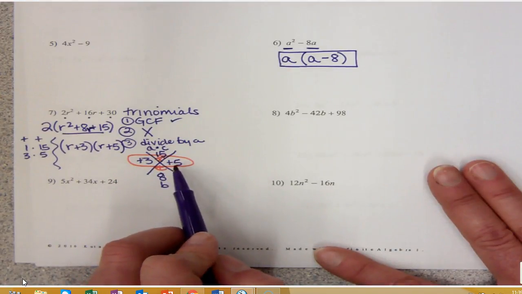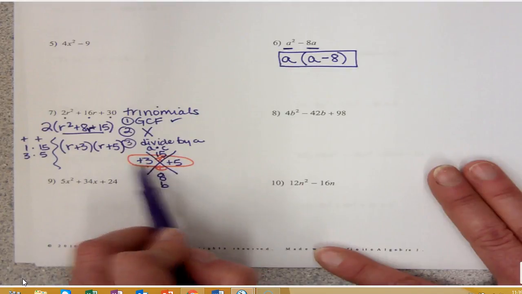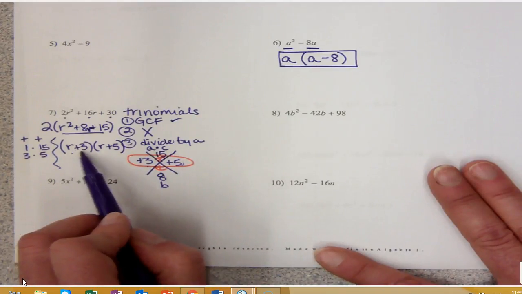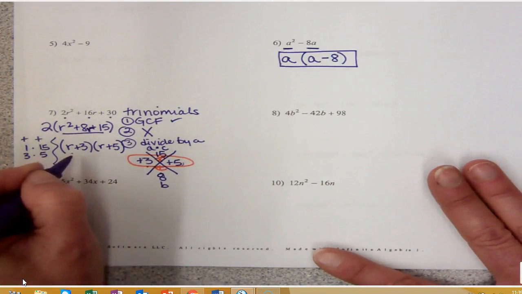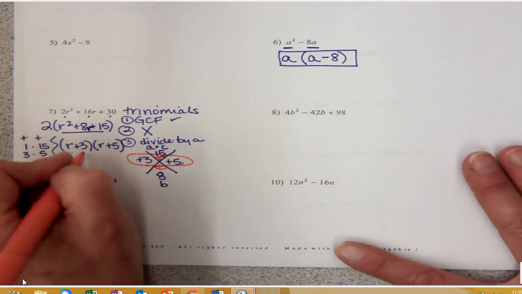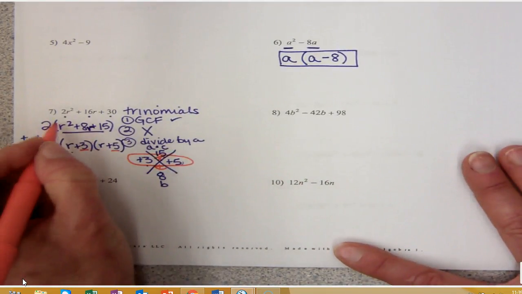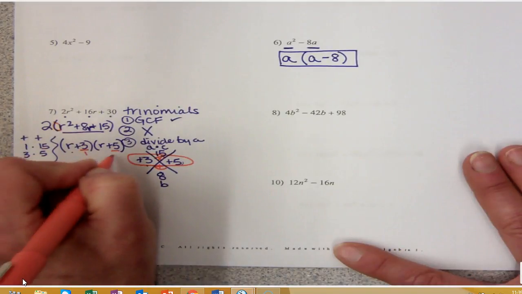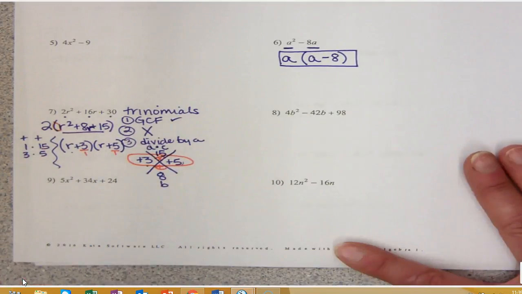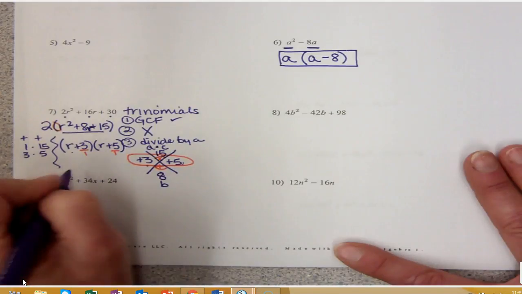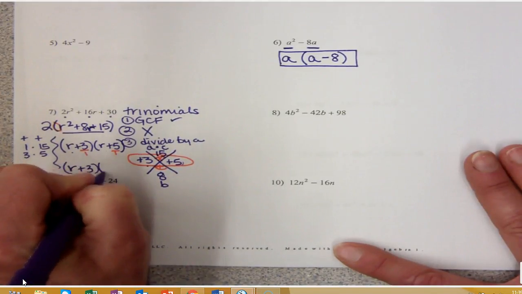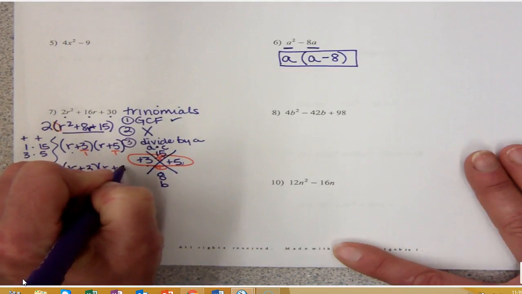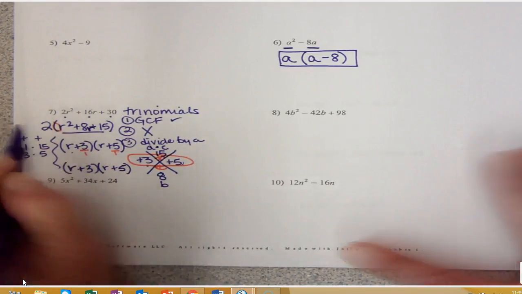This is where I'm getting my 5. This is where I'm getting my 3. I'm using the factors from this side and just setting r plus 3, r plus 5. Then after that, I would divide this number by a. My a is 1, so I don't really have to do anything because that's going to give me the exact same answer. So my answer is r plus 3 times r plus 5, except I'm forgetting one thing, and that